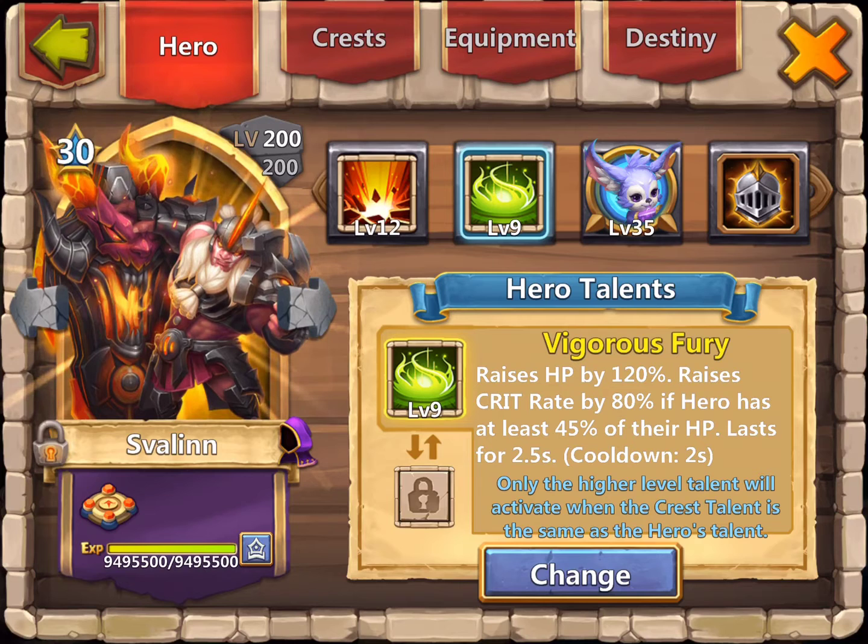So the talent of Stealth was anti battle plan as far as my overall strategy in Castle Clash. Now look at this talent. It will work if your hero has at least 45% health. So if your hero is healthy, if your hero is strong, this talent's going to be operating, and operating very, very well. And in fact, raising health, allowing you to keep it